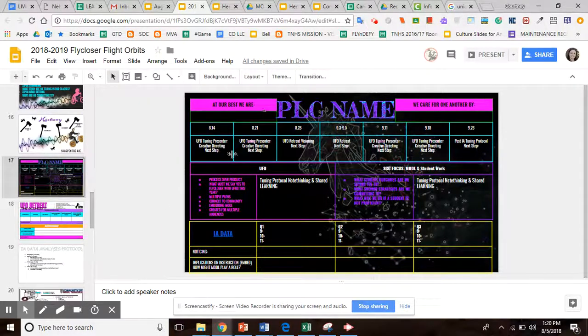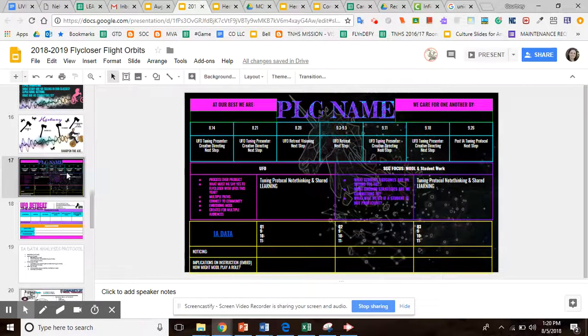So once you walk your PLC through this MDC and you customize it how you need to, knowing that our best needs to be there, care for one another needs to be there, you need to have some sort of timeline and next action steps on there. UFOs need to be on there and student work needs to be on there. This bottom part can be modified if you are not focusing on IA. So core content, you'll probably need to have this IA. If you want to move around the boxes, go for it. If you want to change a picture, go for it. I say customize it, make it your own, make art with that.